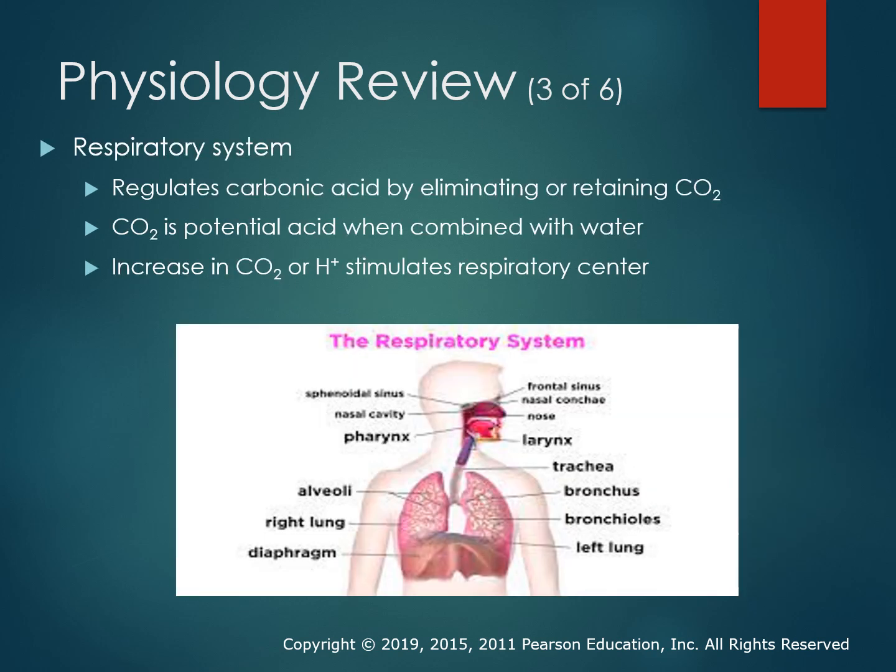All right, the respiratory system, what does it do? The respiratory system and the brain's respiratory center regulates carbonic acid by eliminating or retaining carbon dioxide. Carbon dioxide is a potential acid. When combined with water, it forms carbonic acid, a volatile acid. Acute increases in carbon dioxide or hydrogen ions in the blood stimulate the brain's respiratory center, increasing both the rate